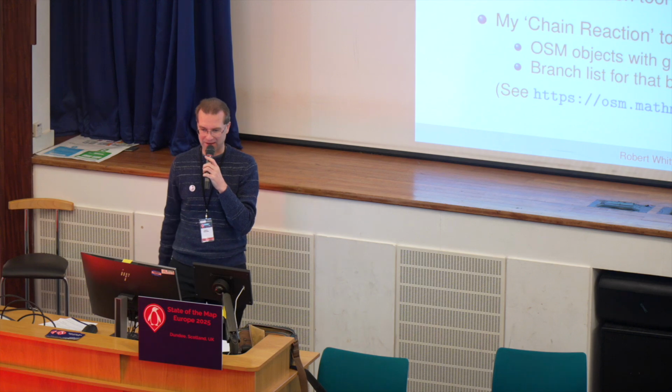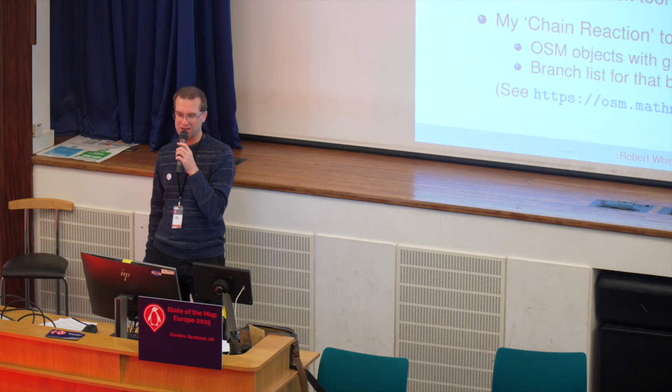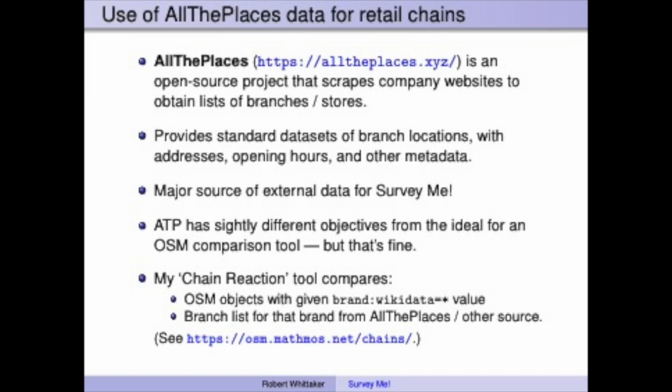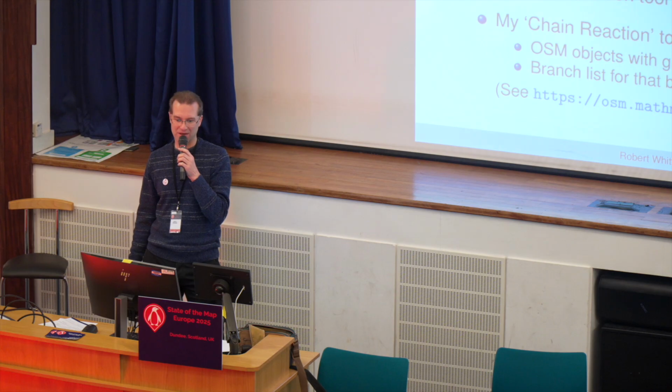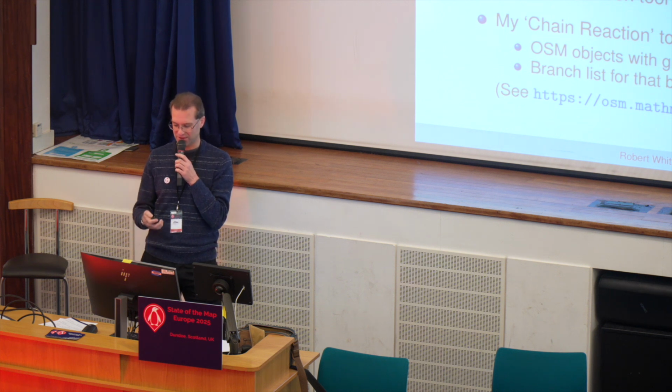Try and say a little bit about my use of All the Places data. This is a really cool open source collaborative project that runs scrapers that go through company websites and pull out branches. It's a major source of data in SurveyMe. And I've got a separate tool that runs with this, and it compares OpenStreetMap objects that have a brand Wikidata value matching one of the brands with the branch list